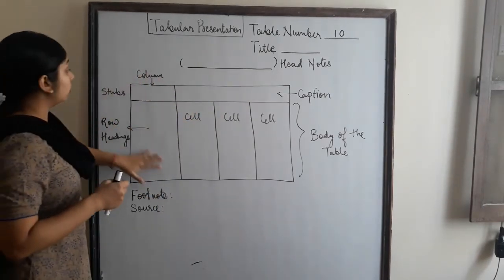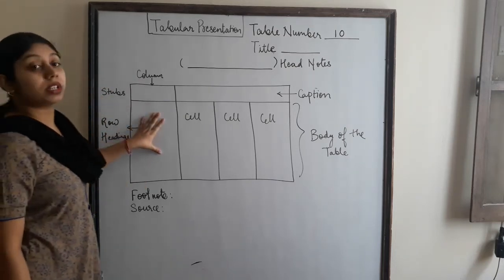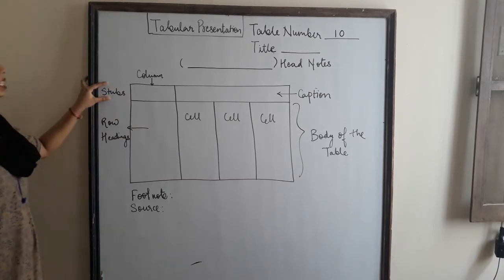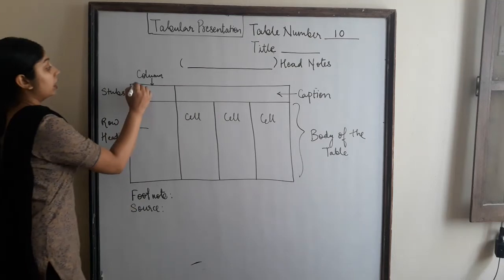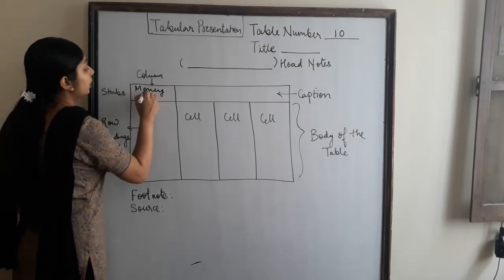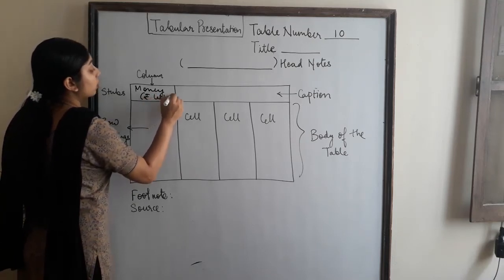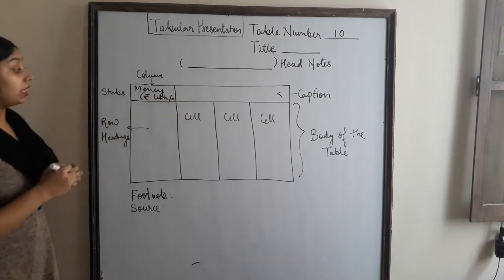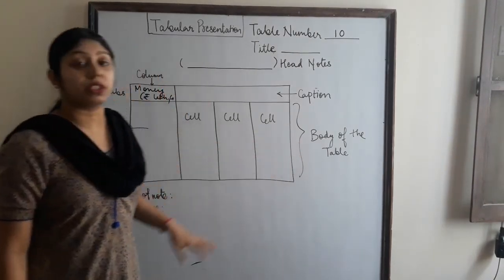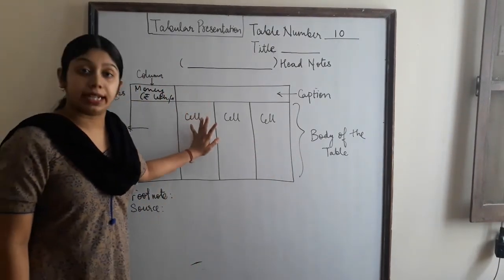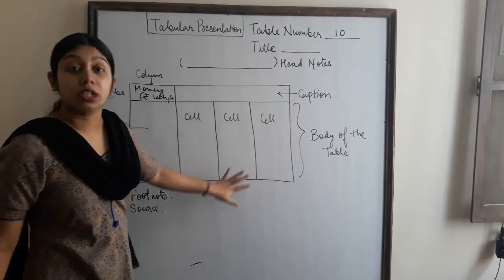Here we have the column. This is known as the stubs. This is known as the row heading, as to what it is all about. Stubs are the details which are given with regard to the title. Like if I am talking about money, whether it is in rupees, and whether it is in lakhs or crores and so on. Then we have cells. What are the cells? These are the body of the table where you fill in all the data. So this is known as the cell or the body of the table.